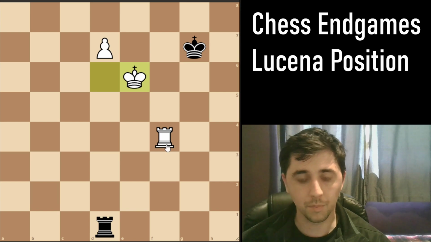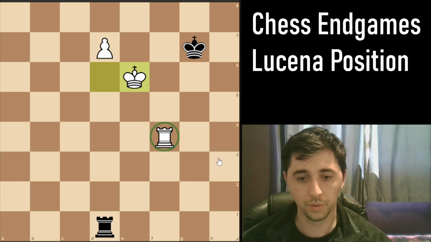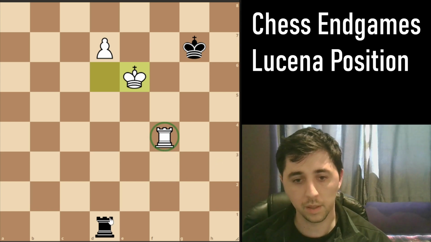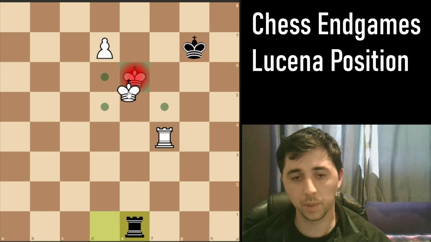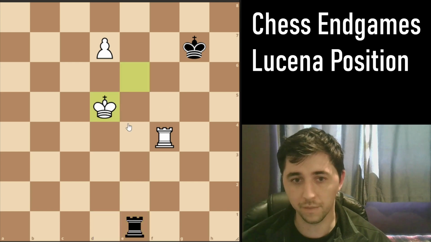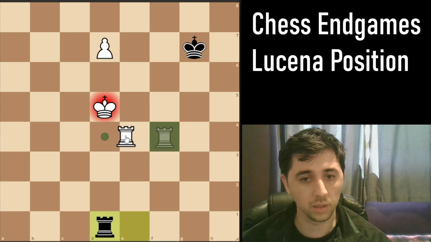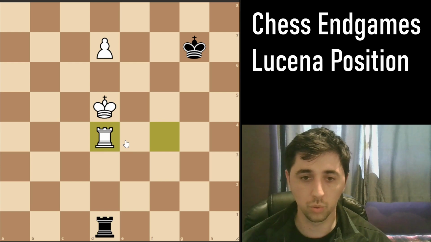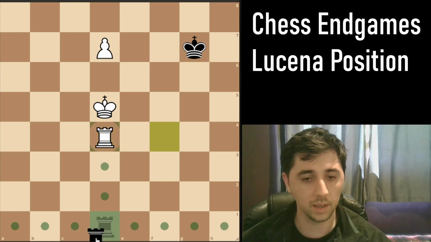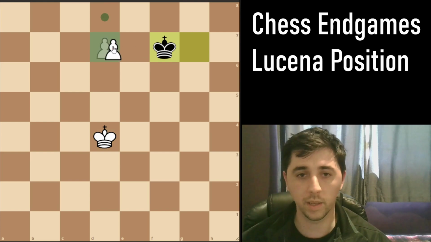Now it might seem it makes sense why we play rook to f4. The next time he plays rook check, you play king to d5. And if he checks you again, you can block with the rook. And it doesn't matter what your opponent does, you promote the pawn. If he takes, you take back, and the king is in. There is no way to stop